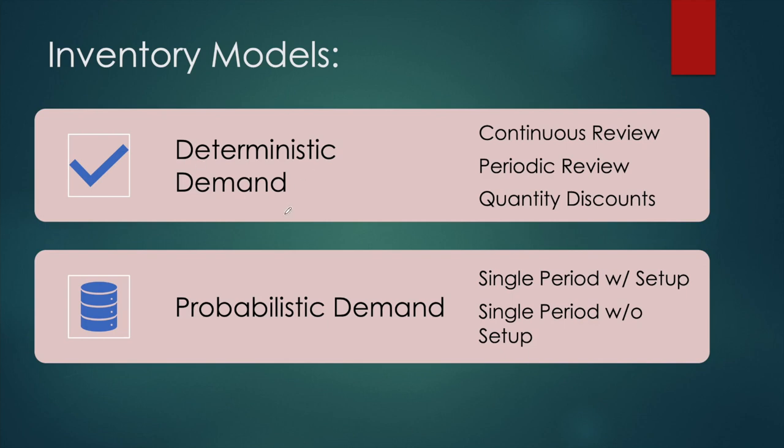Now, under deterministic demand, we do have several variations. The most common is continuous review. What do we mean by continuous review? Continuous review means that at any point in time, there is demand happening, or you are consuming your inventory at any point in time. And this is in contrast with periodic review. A periodic review inventory model assumes that the consumption or the usage of your inventory only happens at specific points